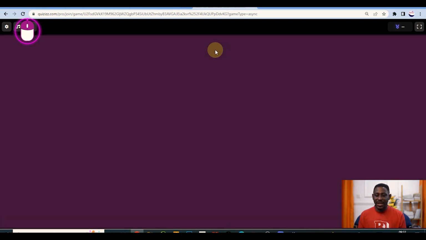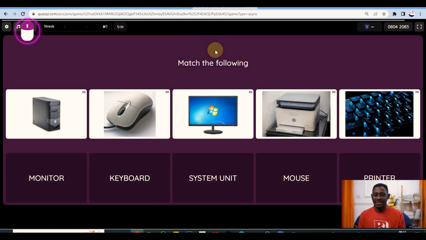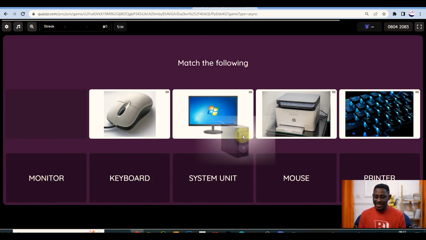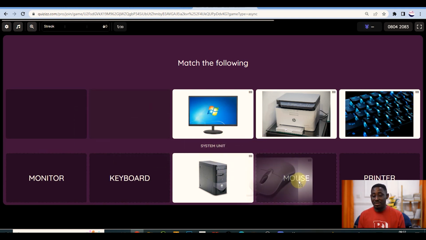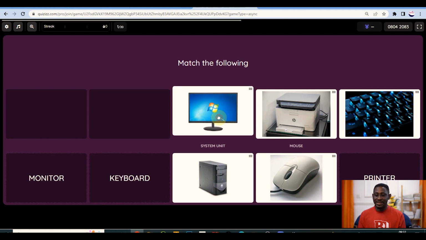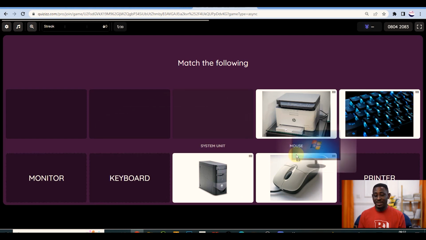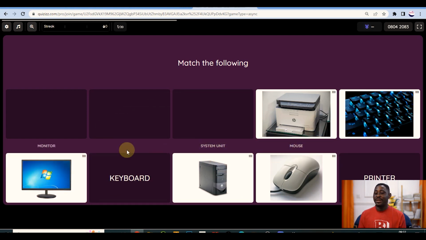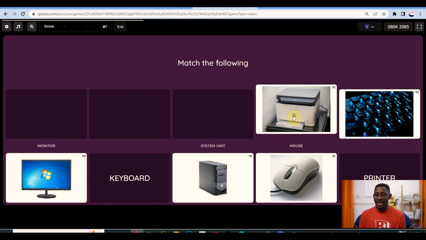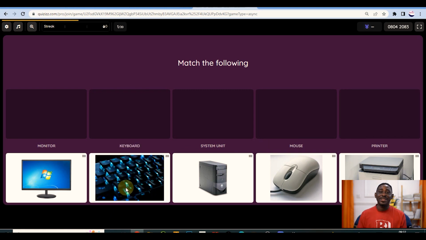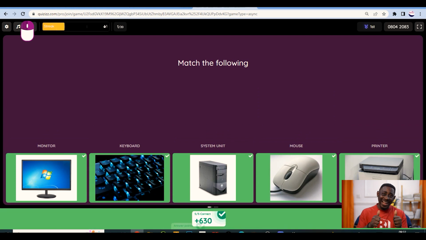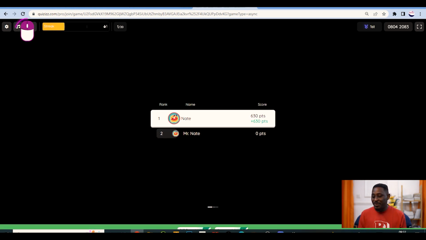The first question says, match the following. So this is the system unit. We match it to the system unit. This is the mouse. We match it to the mouse. This is the monitor. We match it to the monitor. This is the printer. We match it to the printer. This is the keyboard. We match it to the keyboard. And let's see if this is correct. Correct! So we move to the next question, which says,